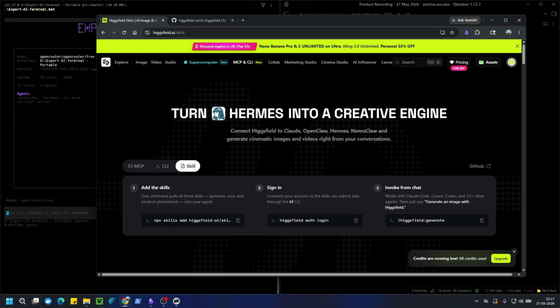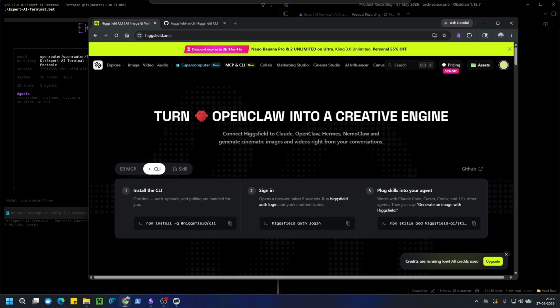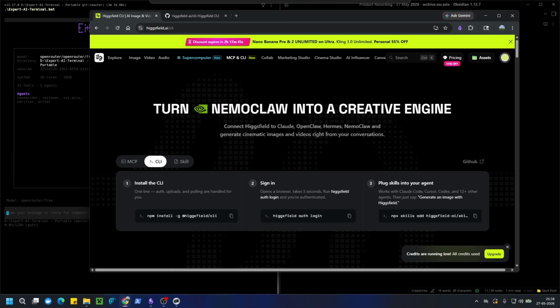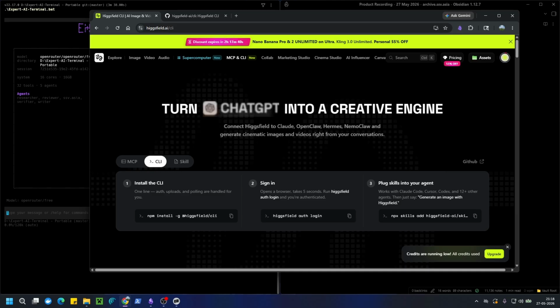So if you have a Higgsfield account with whatever credits you have put in, you can directly connect Higgsfield using the Expert AI terminal and start using it. Right now I do not have any credits, but still let's see how we can set this up in Expert AI terminal